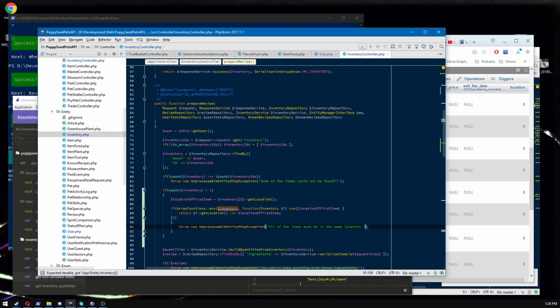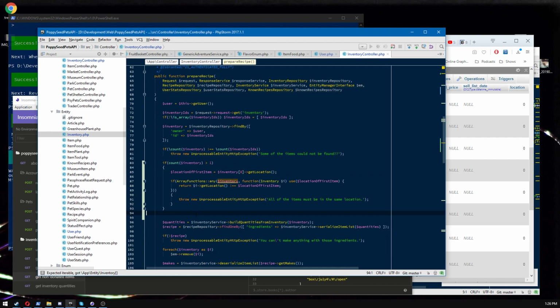Bots will happen, bugs will happen, all kinds of things will happen, as I already rambled about. You just have to be careful. So here it is. If you have more than one item, do this check because they have all got to be in the same location. Okay, great. Also, I should say,